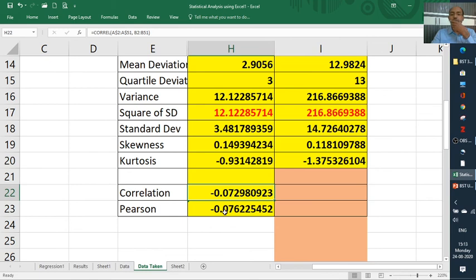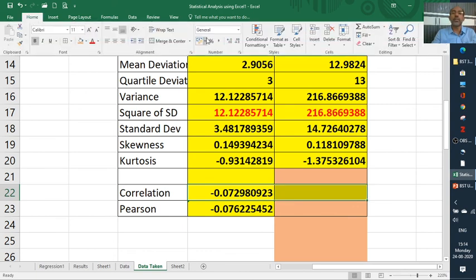These two are nearly the same. This is the correlation between two variables, not a single variable. Every time it is taken as two variables.